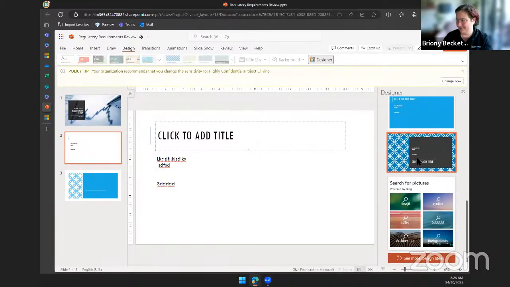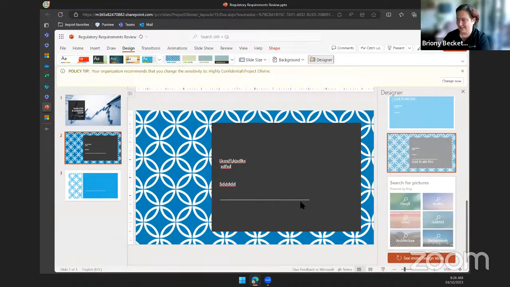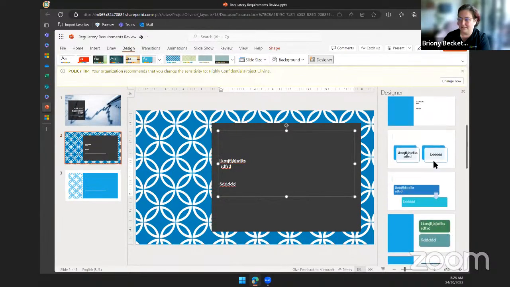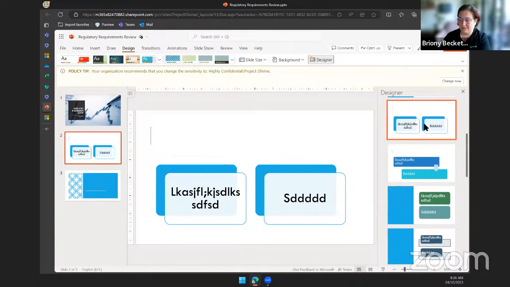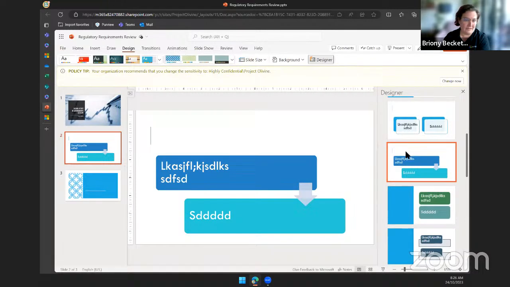So yeah, again, it's going to move your text around. Let's get rid of the title slide so it doesn't think it's a title anymore. So see, immediately I've deleted that title slide. It's now gone in and it's changed all of the options that are on the side here because it's recognized that there's just a text box on this slide. There's no title slide anymore. So the designs that it's putting forward have changed. These were not available before when we had the title slide.